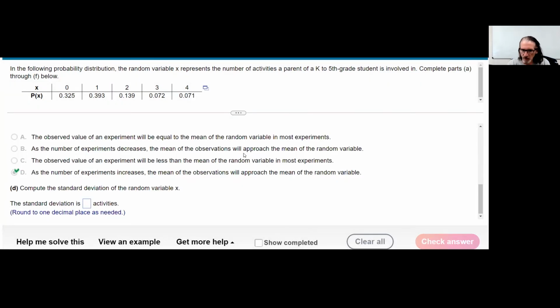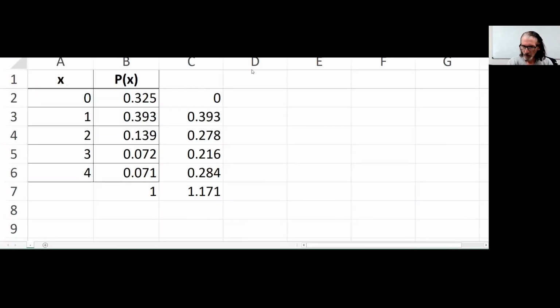Compute the standard deviation. Okay, so I'll just do this on Excel because you already saw me set up a formula on the TI-84. It would be similar. What we need to do is take each score minus the mean, we want to make sure that it keeps going back to that row, square that, multiply by the associated probability, add all of these up,